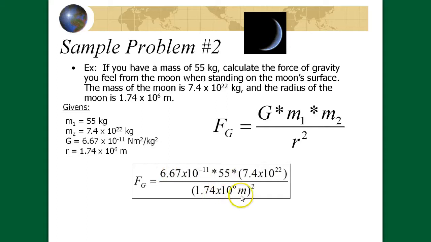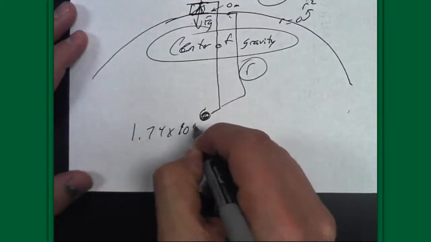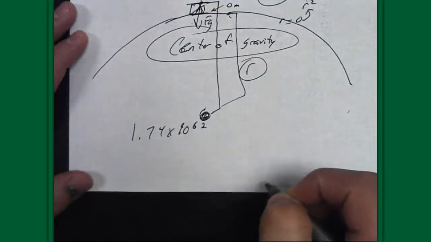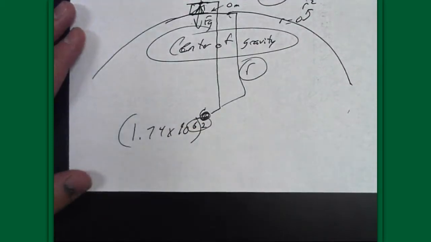And it's very, very important, and notice that this is the way it is. It's very important that, first of all, you remember that there's a squared on the R in the denominator, but secondly, that when that distance is in scientific notation like this one is, the squared goes outside the parentheses. If this squared is inside the parentheses in your calculator, what you've actually done is just squared the sixth. Let me show you. If I do 1.74 times 10 to the sixth, and then I put that squared into the calculator, all I've done is square that sixth. But that squared needs to be outside the parentheses. All right, so